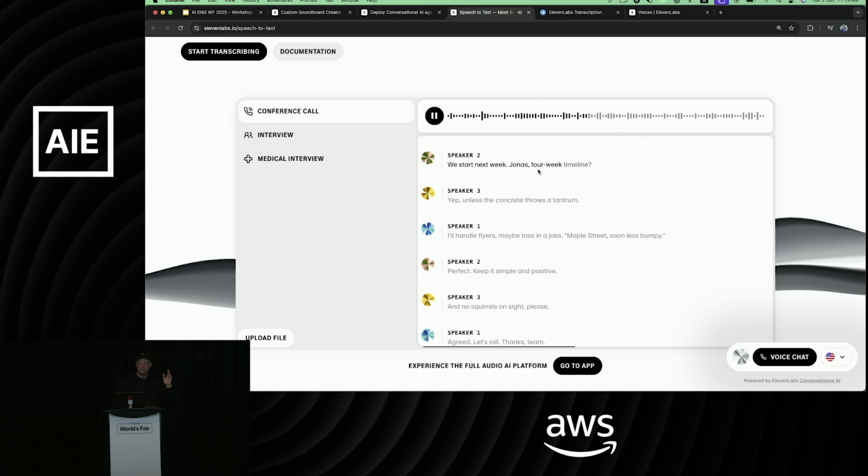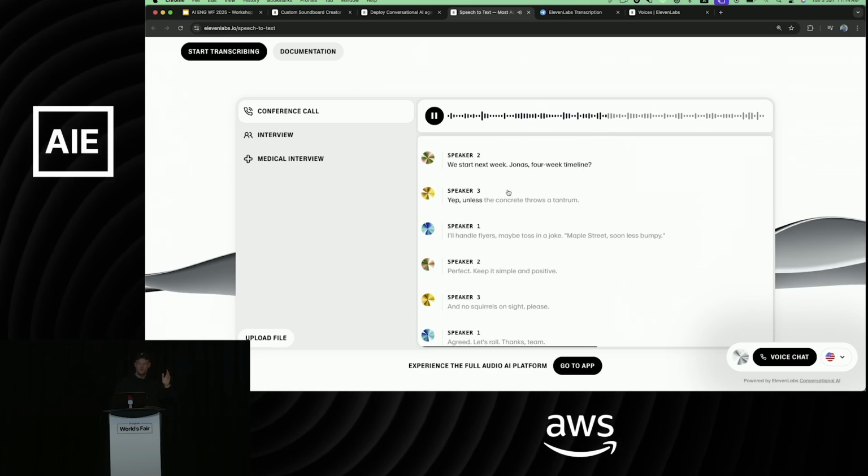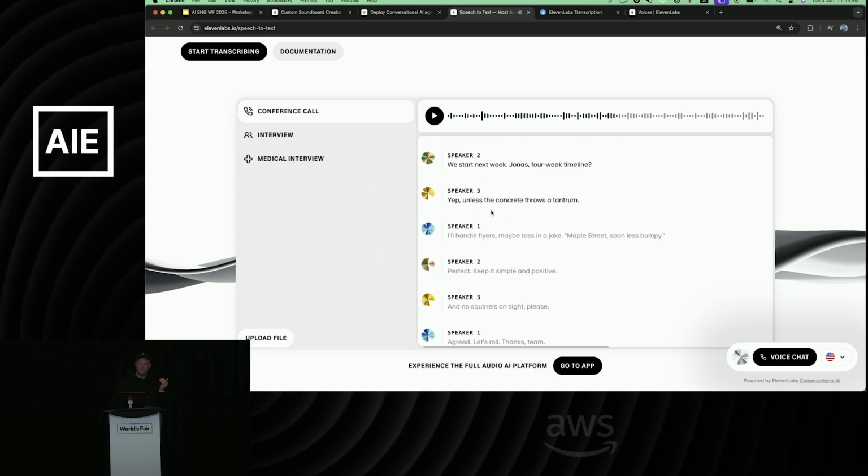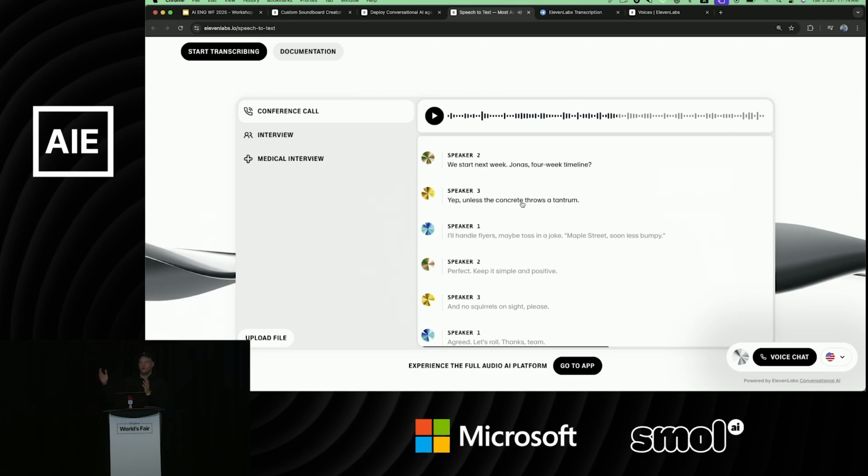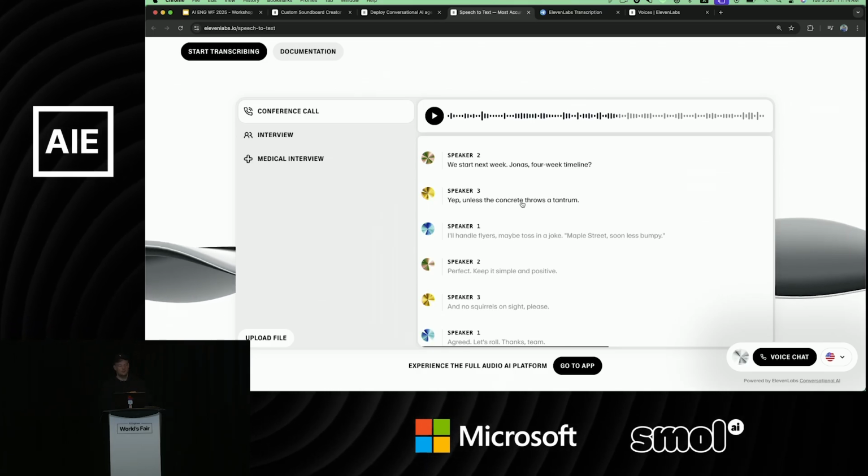Jonas, 4-week timeline? Yep, unless the concrete throws a So we can highlight the different words, kind of word level